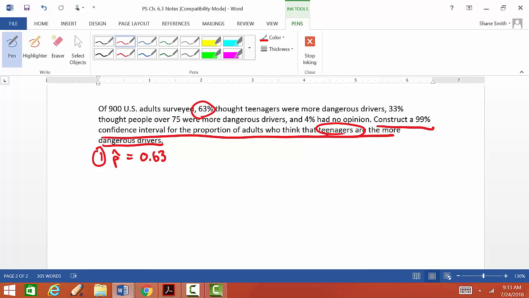But try to think about what step is coming next and then play the video. Pause the video, think about what comes next, then play. Okay, so 0.63. Notice I didn't have to divide anything, and some people are like, I thought the formula was